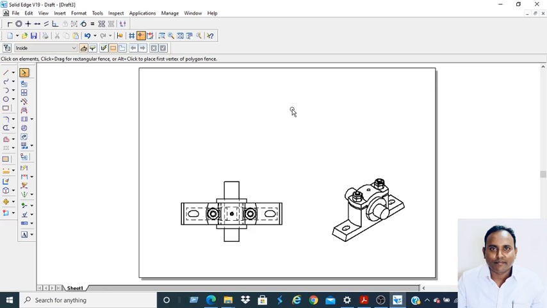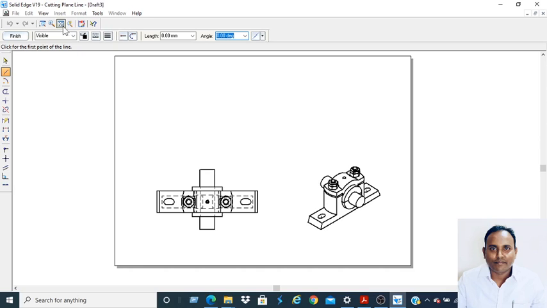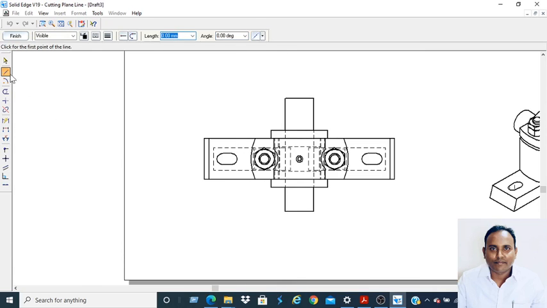Now I'll show you how to draw the sectional front view. Go to the cutting plane, select this view, zoom the working area. Now draw the section line.